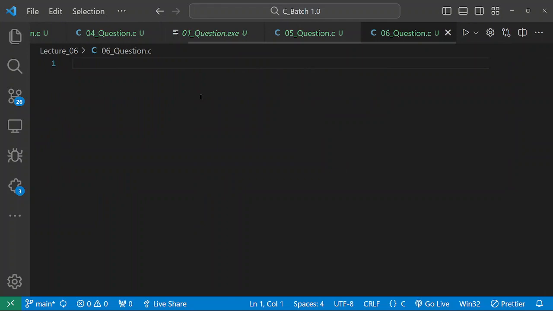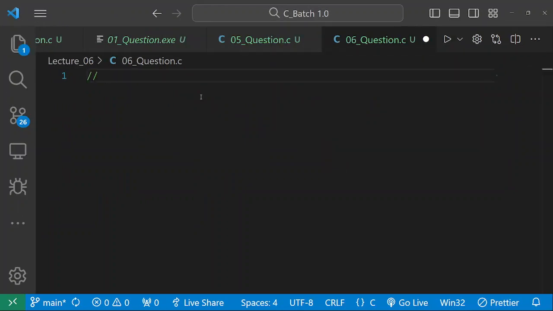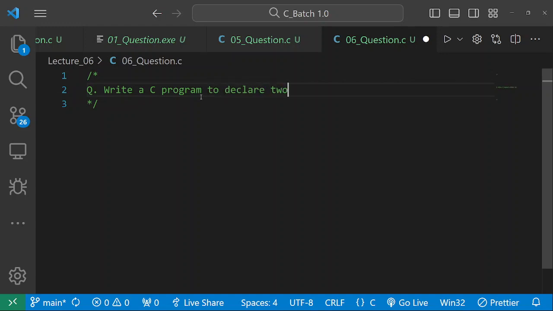See the question. What is that question? The question is quite big, but the answer is very simple. Write a C program to declare two integer variables. In the question it is itself mentioned: two integer variables. Assign values to them